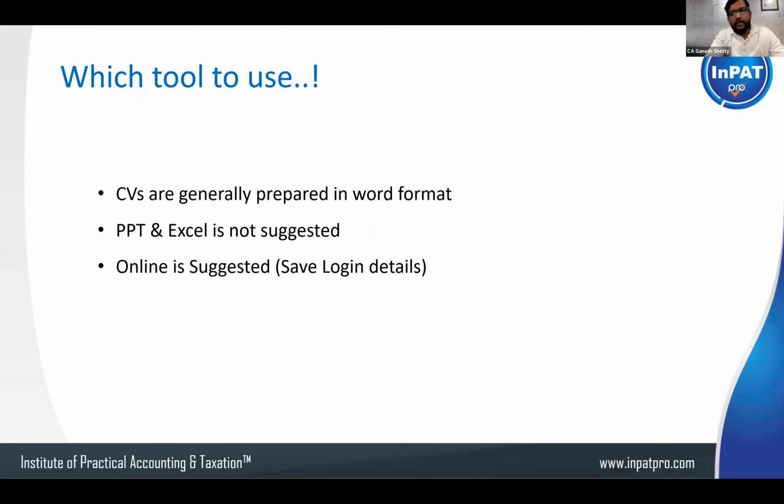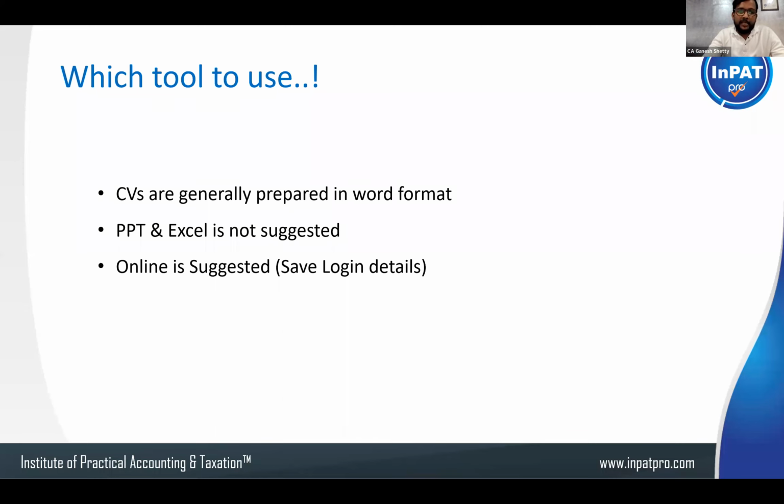And online, right now, there are so many options for you guys to prepare your CV. You can just Google "prepare CV online". You'll be able to see the options wherein you just have to input the data and the final result will be a very nicely formatted design they will give you. There might be a paid version, there might be a free version also. You can even go for the online preparation of CV also.